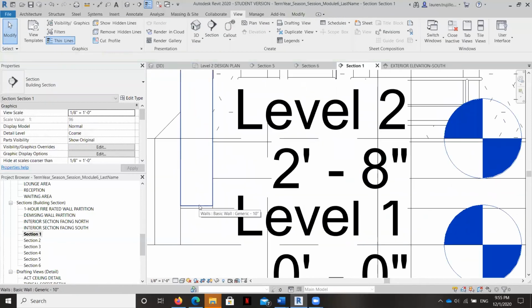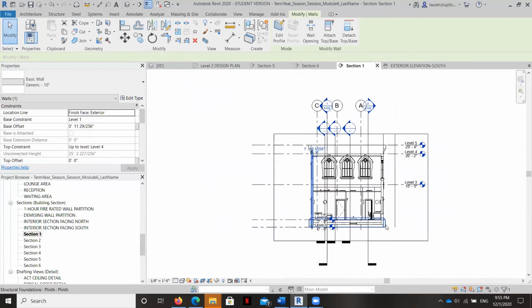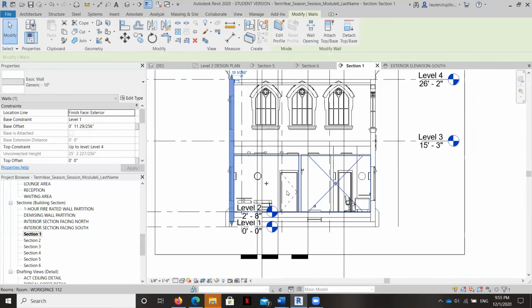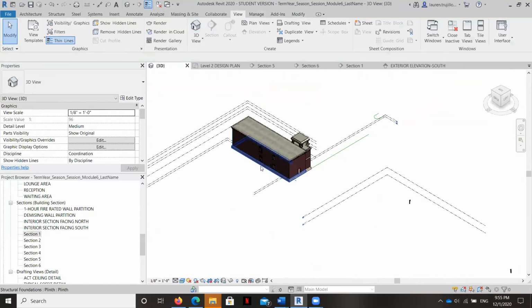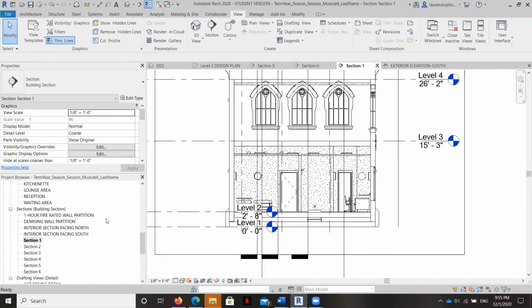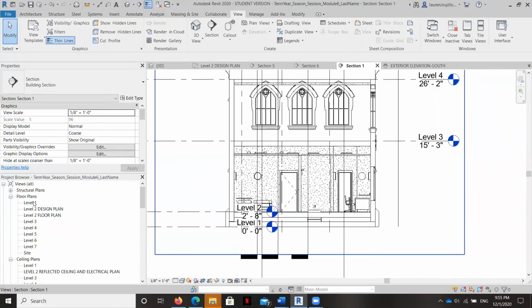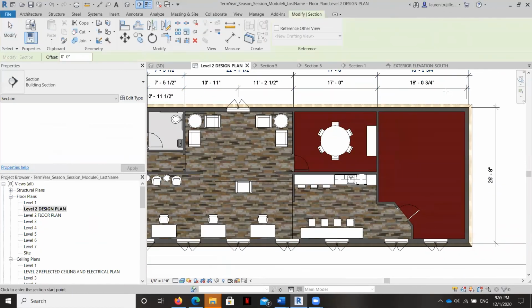Okay. Now the problem is that there's a wall on the back wall on the other side that will have to be fixed. Here, let me show you. Let's go ahead and I'll show you in a different section. This wall is going to have to connect top to base.